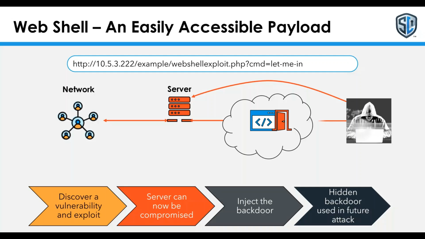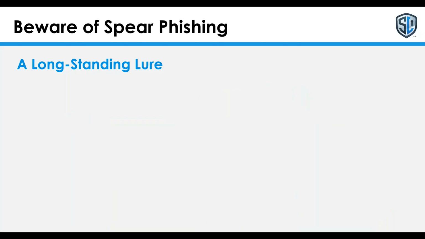It's funny because in my example here, I just have command equals let me in. Web shells now are password protected because other APT groups were using other APT groups' web backdoors, so they didn't have to do the work of exploiting. So there was infighting with the groups. So they started password protecting. So you essentially have another portal on your backdoor, a username password situation. It's ridiculous. It really is. Also beware of